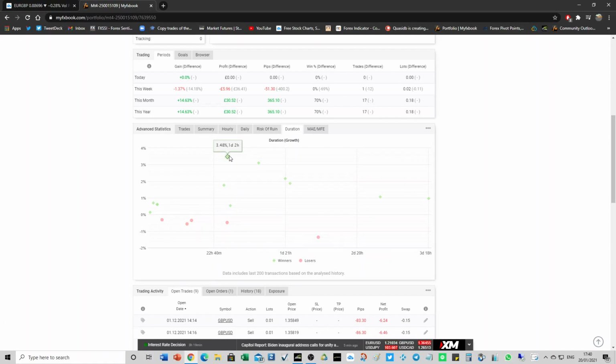So that was quite a good trade. You know, it's not bad. So as long as you hold on to your winners, then you should be fine. And what you want to do is cut your losers. And that's the key, right? So yeah, this will help. This is quite a nice tab, the duration, because probably what a few of you are doing is that you're into profit and you think, oh, I should just take that profit. But you really shouldn't. You need to hold on to your winners. And that's how you last long term, and you don't hold on to your losers because